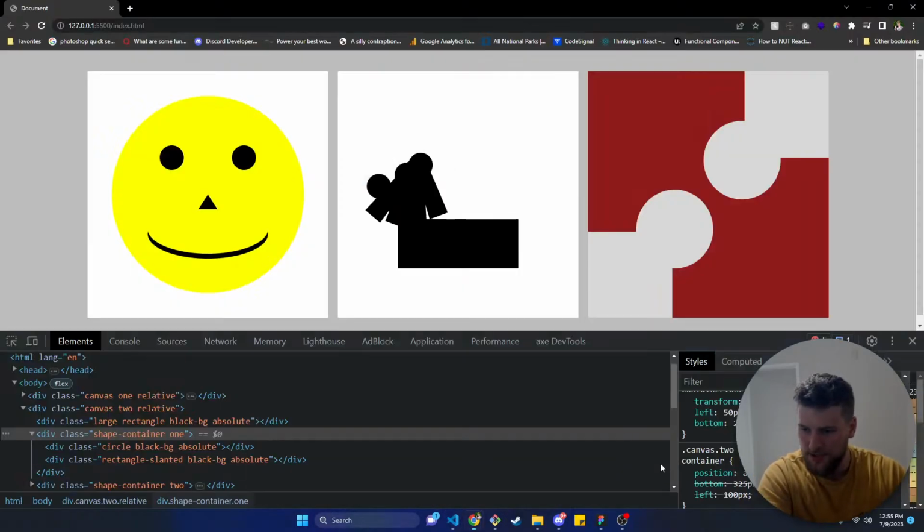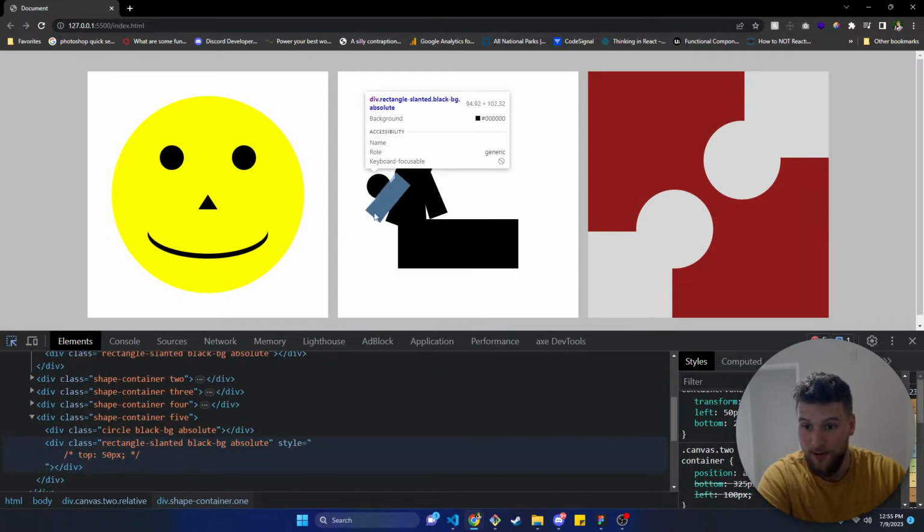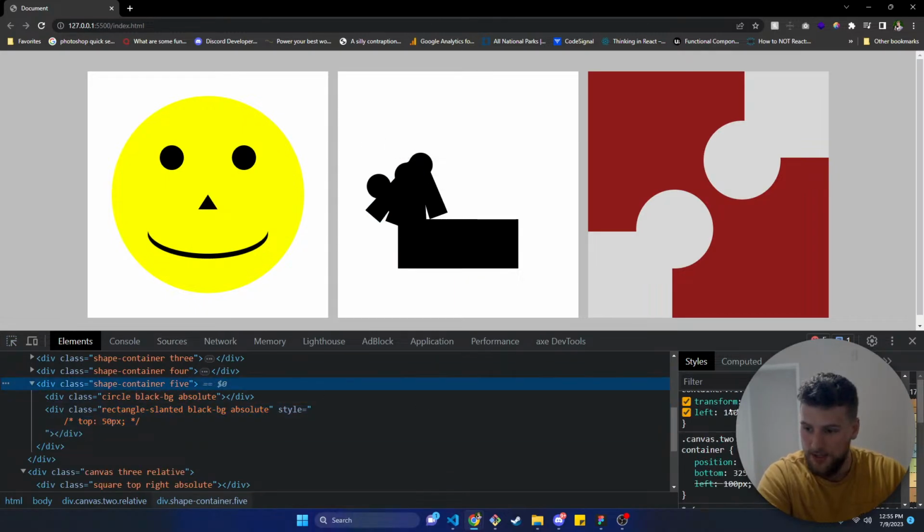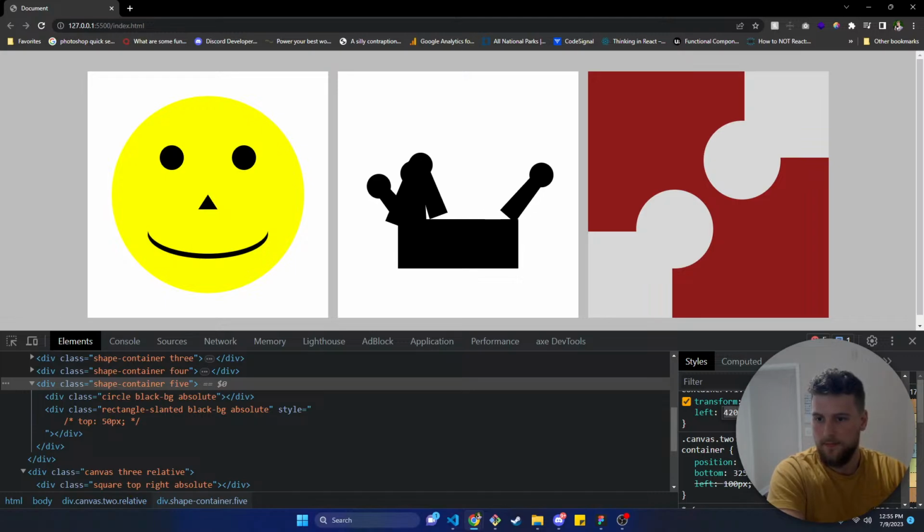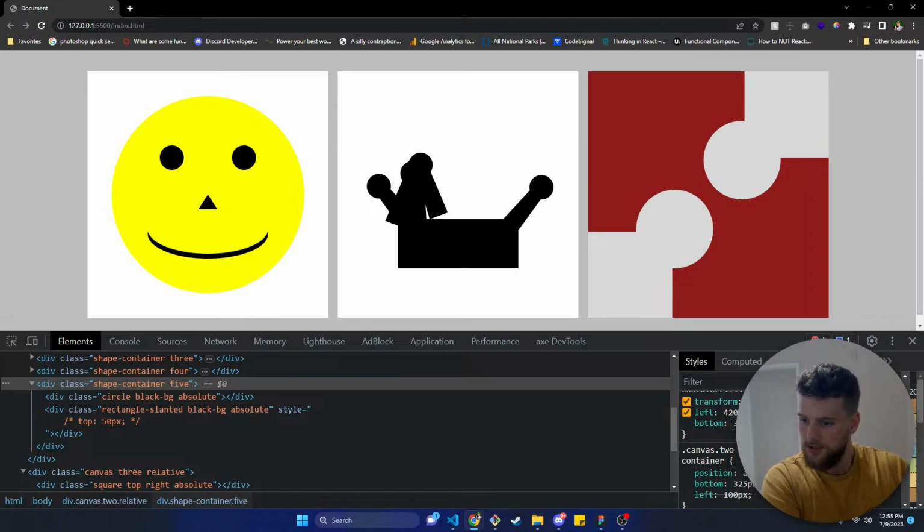So that's the first one. This is gonna be painful. Where's the right one? That one needs to be right like that roughly, and then we need to change the bottom to 300 pixels. Let's make that, and then I probably am gonna make this just a 10-degree variant, so 30, adjust the left